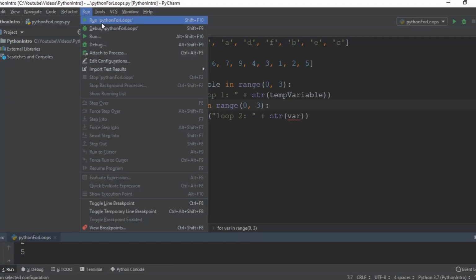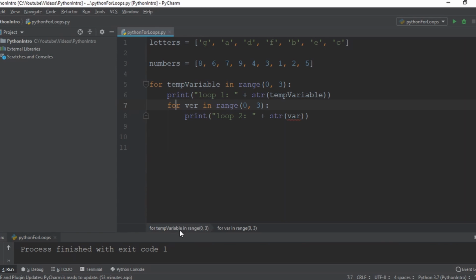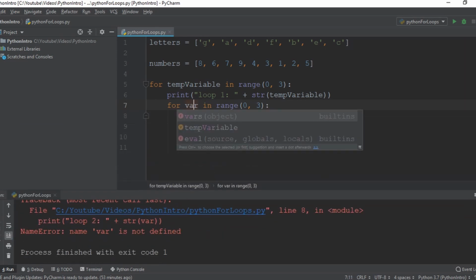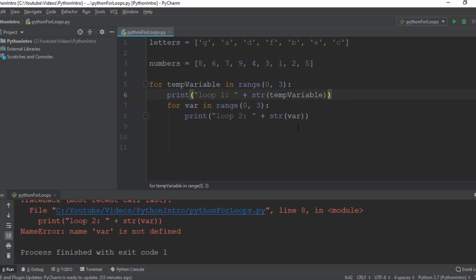So if we come up and run this, we could take a look at the output and see what's happening. Oh, my bad. Okay. So if we come here, just a little typo. Var. Okay, cool. So if we run this again,